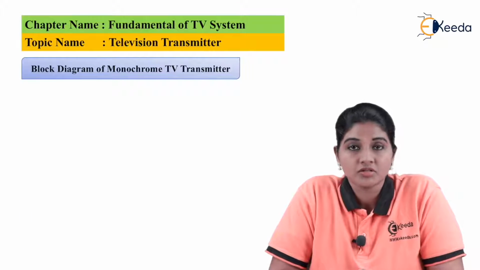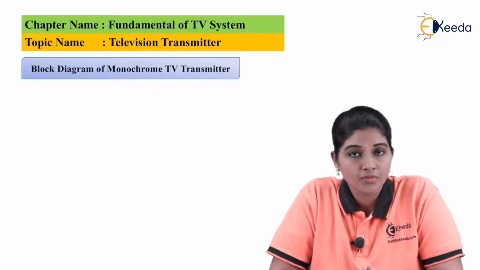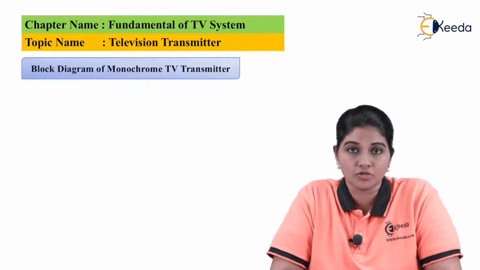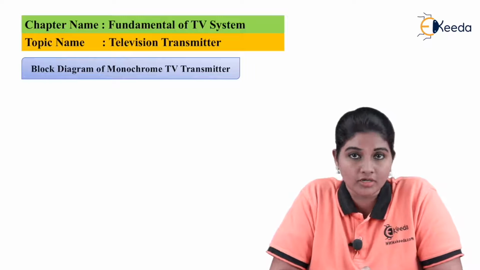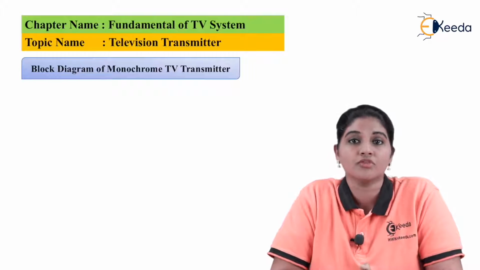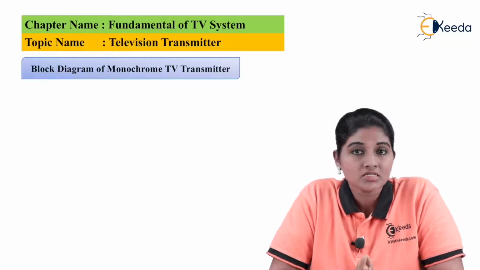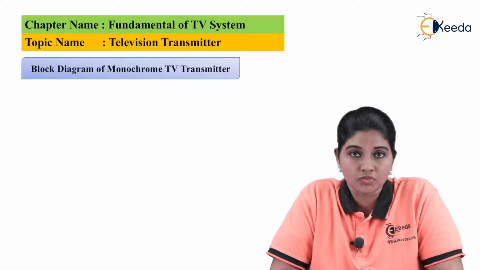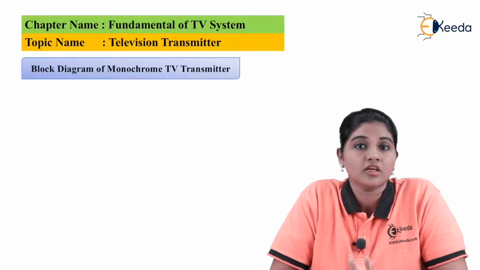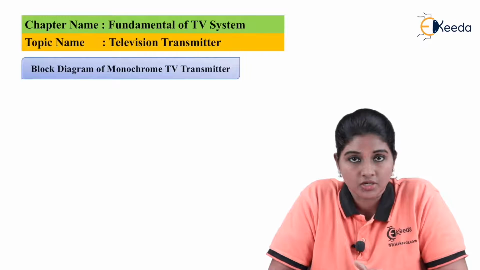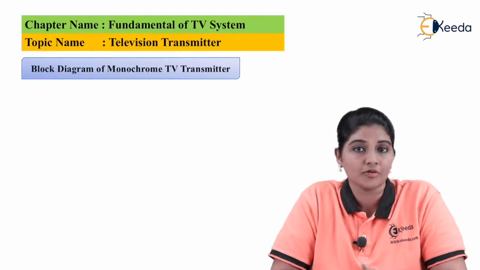In case of TV transmitter, the TV transmitter is basically divided into two parts because we require to transmit sound information and we also require to transmit the video information. In order to transmit the video information, the signal is required to be amplitude modulated, and for transmitting the audio information, we require the signal to be frequency modulated because noise affects the amplitude of the signal rather than the frequency. Therefore, if the amplitude of the sound signal gets changed, it is possible that an error will be produced at the output side. So in order to avoid that, the sound signal is frequency modulated rather than amplitude modulated.